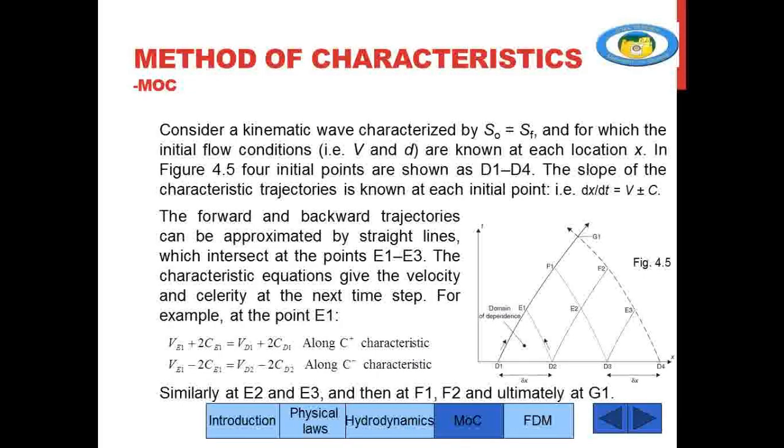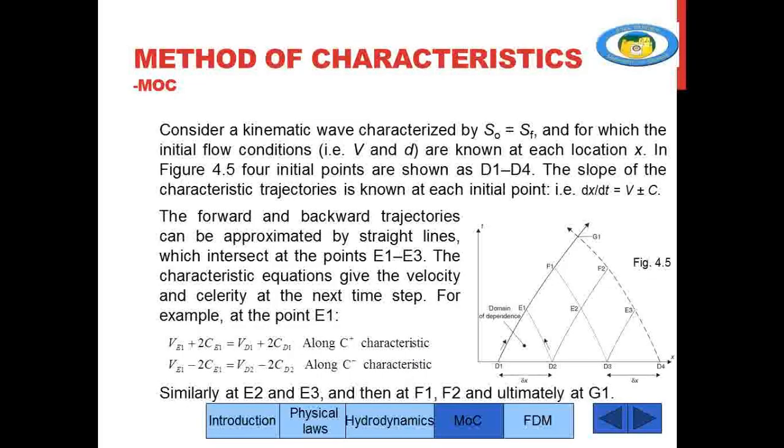And if you do have initial flow conditions, like velocity and depth, at a number of points, let's say in figure 4.5, D1, D2, D3, D4, if you do have the flow characteristics like velocity and depth for the initial flow conditions,